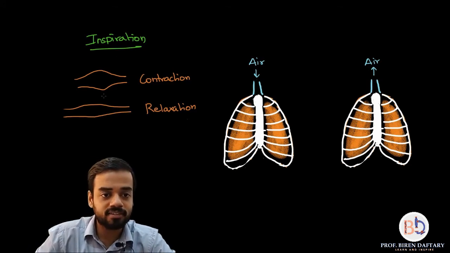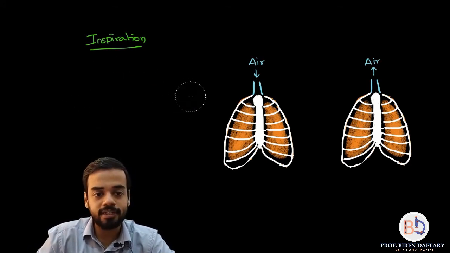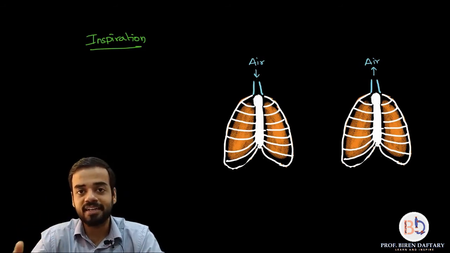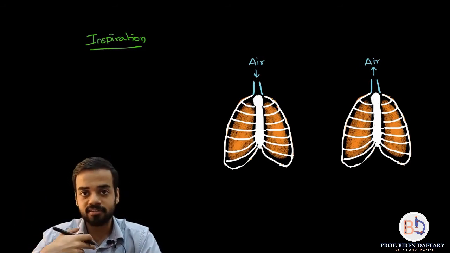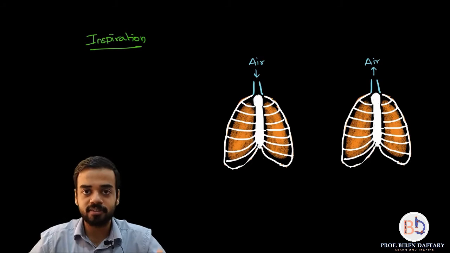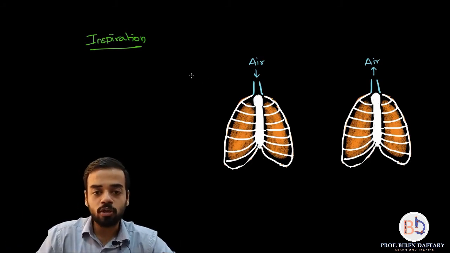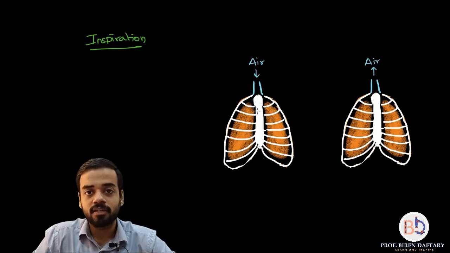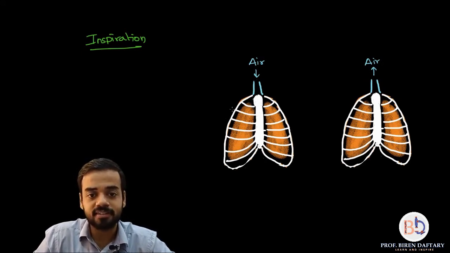Now let us start with the first part, which is called inspiration. During inspiration, air enters your respiratory system and goes inside. The alveoli are like balloons, they fill up and the lungs expand, because they are filled with air. So this entire region is the thoracic cage or the thoracic cavity, the space inside the rib cage.